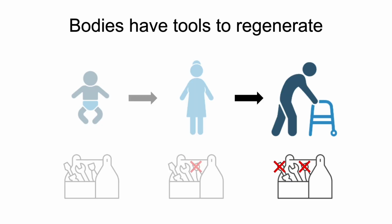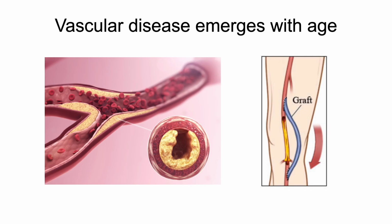However, as we continue to age and we move into our elderly years, it becomes much more difficult for our body to fix issues as they arise. And there are many classes of diseases that we see popping up as we become older in age. One of the biggest disease types where we see big issues as we age is in the cardiovascular system. As we are aging, different things start to affect how blood flows from our heart out to the rest of our bodies. And this is important because that helps all of our tissues stay alive and healthy and perform their